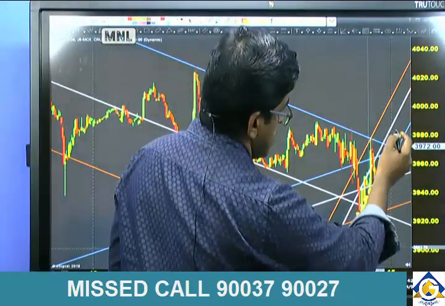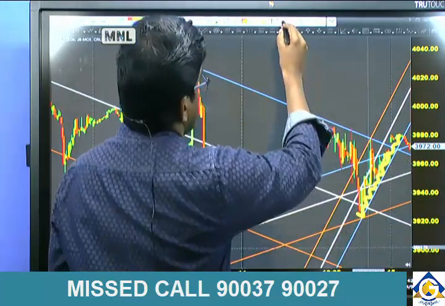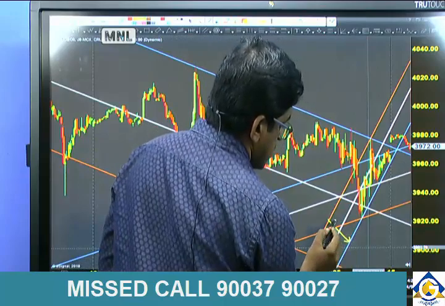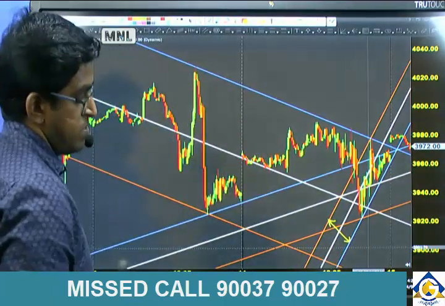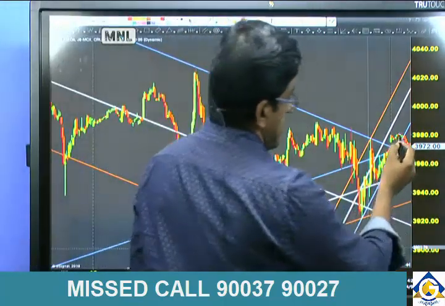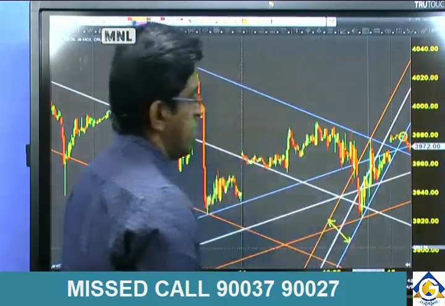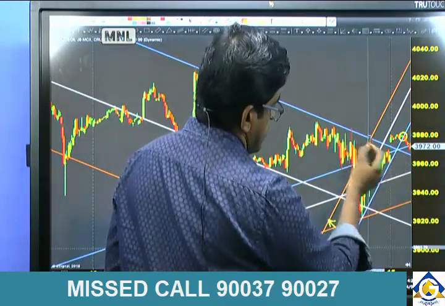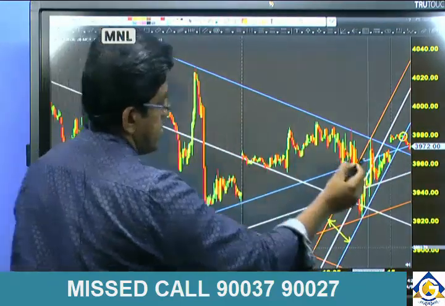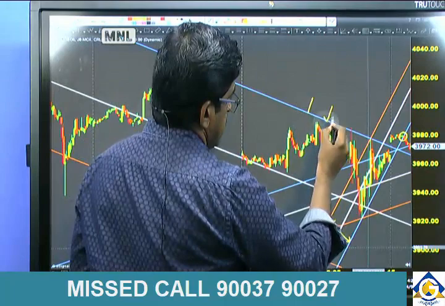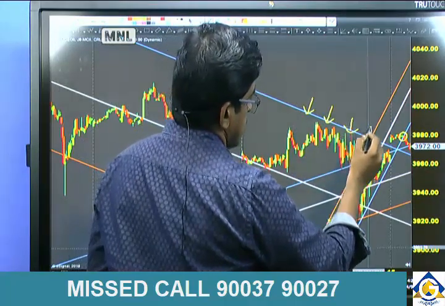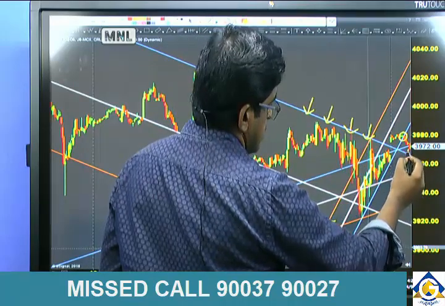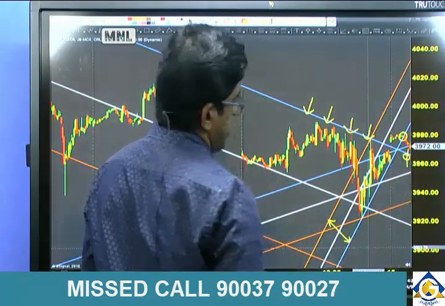The price followed this trend. So we drew this trend channel, but here the price broke the trend channel. Obviously what it should do is try to take some support on this long term line. If the price is going to break this, then it's going to be a failure to withstand